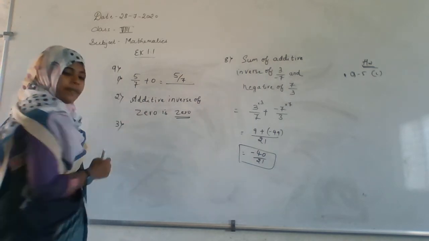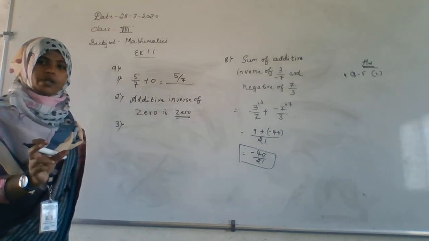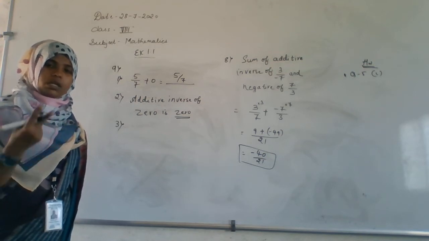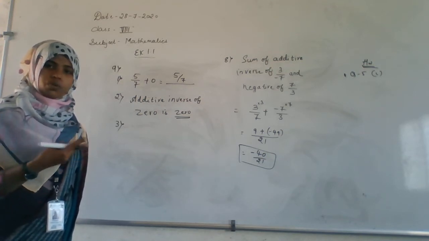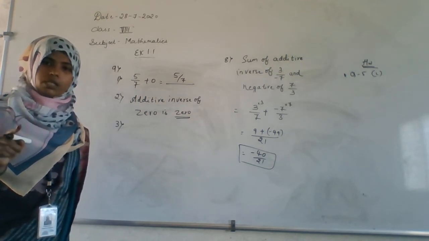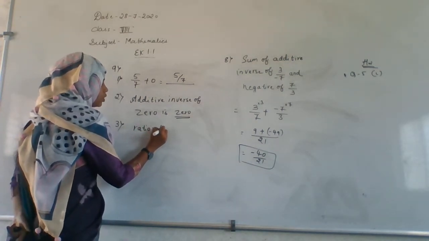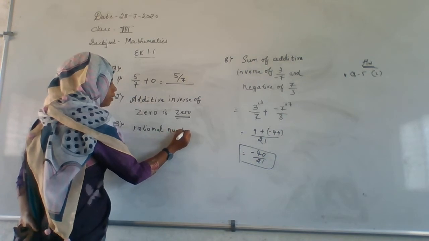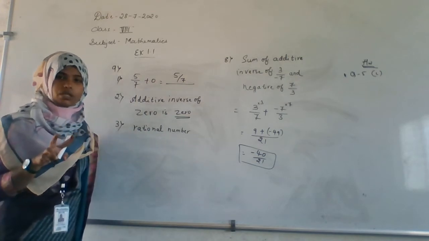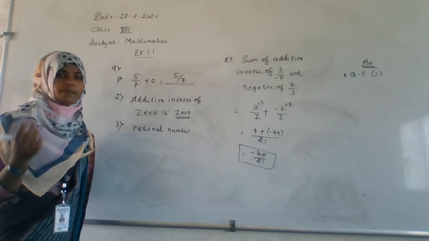And the next one: subtraction of two rational numbers is always a rational number, because subtraction of two integers will always be an integer. The answer is always a rational number because we have studied the closure property. For subtraction of two rational numbers in the closure property, we get one more rational number. The same thing.